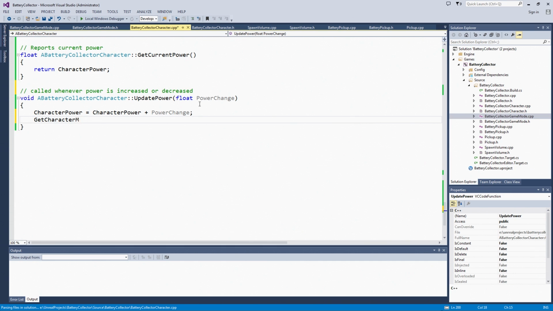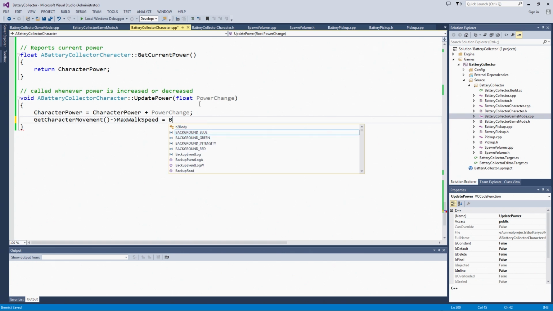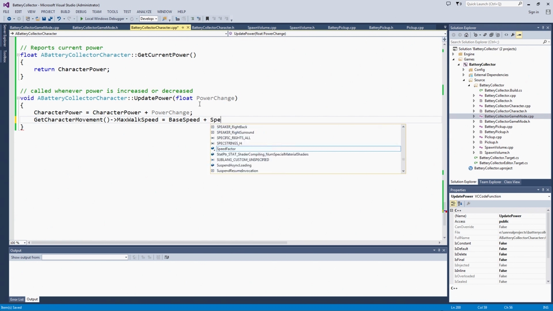movement function here. And this is something that's included on all characters. So because our battery collector character inherits from the base class of character, it's got that movement component that allows it to run and jump and do all of that bipedal movement that's already set up. And it's got a variable in it called max walk speed, and that's what we want to change. And that's just going to be our base speed, because we said base speed was what happens when the power level is 0,